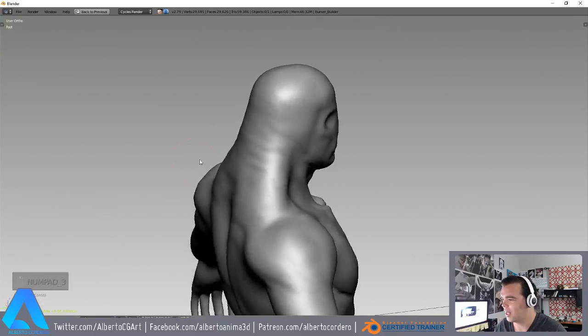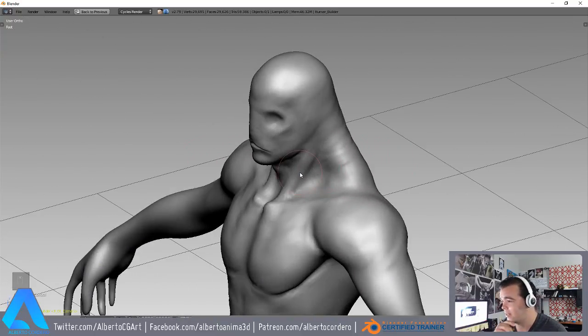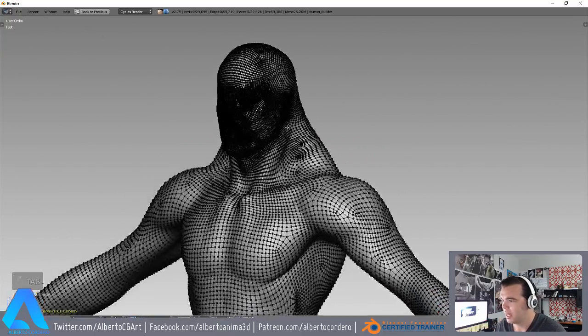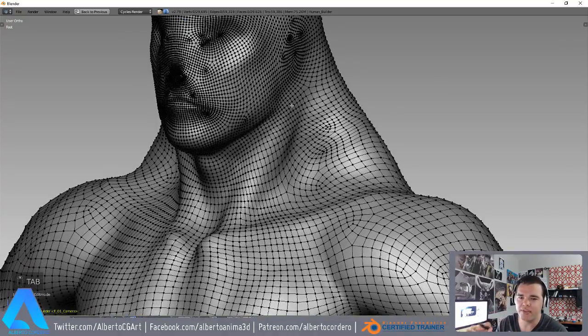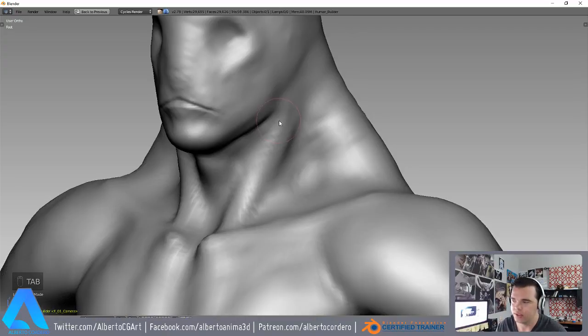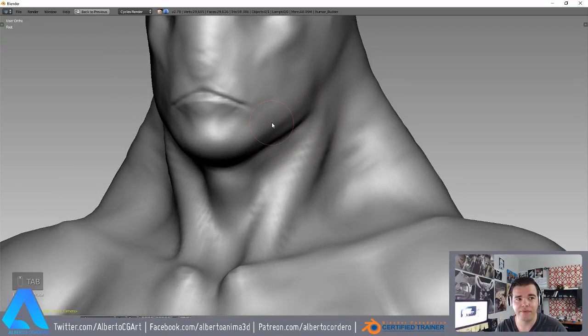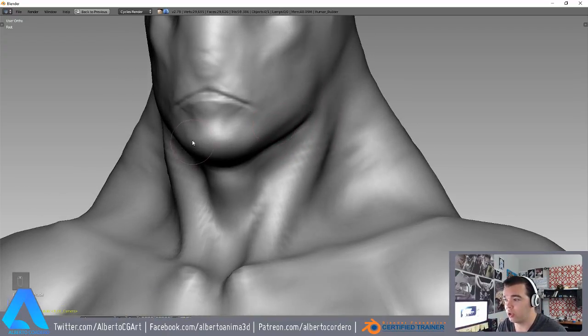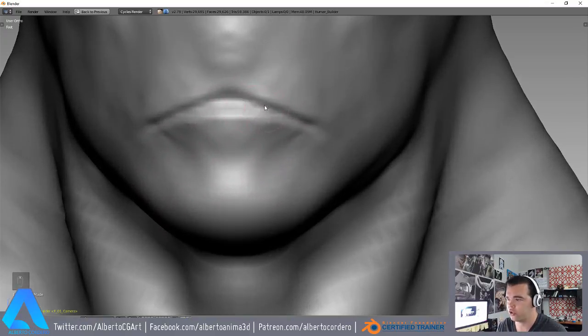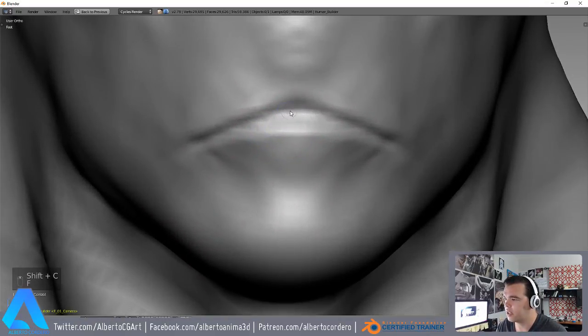I like the shape of the neck. Let me show you. I'm just sculpting with the basic topology that I pulled from this guy. That's it. So when I get this guy to dynamic topology, it's gonna be freaking insane for sure. So let me see if I can get some more interesting